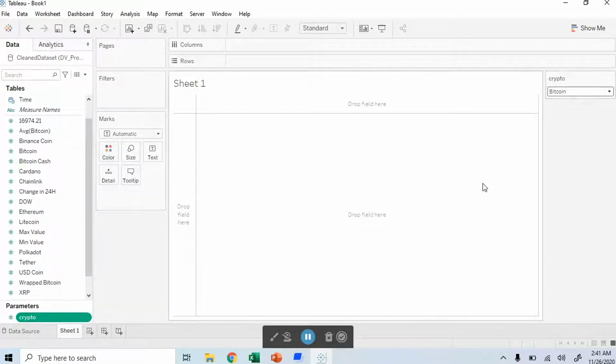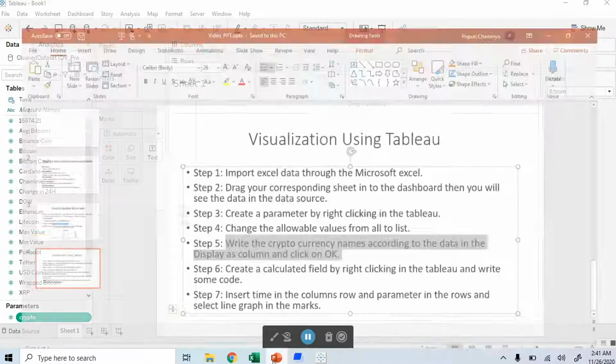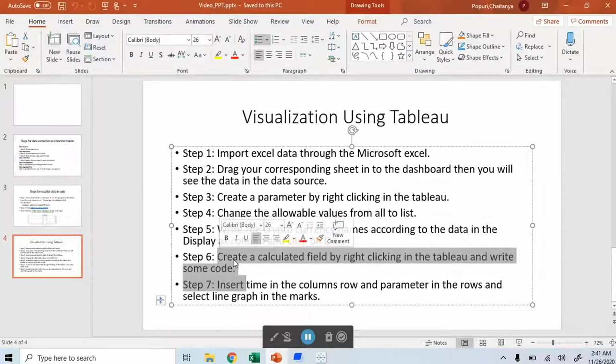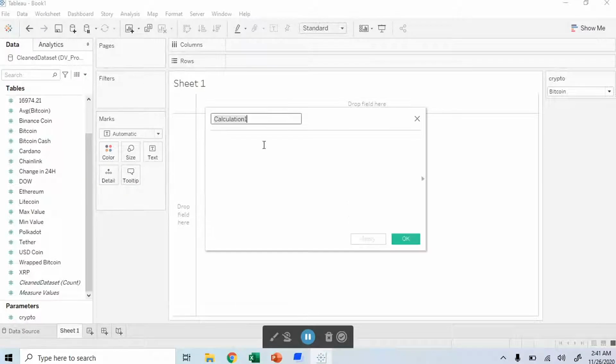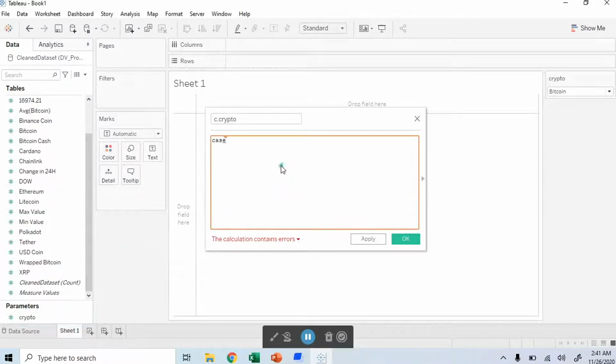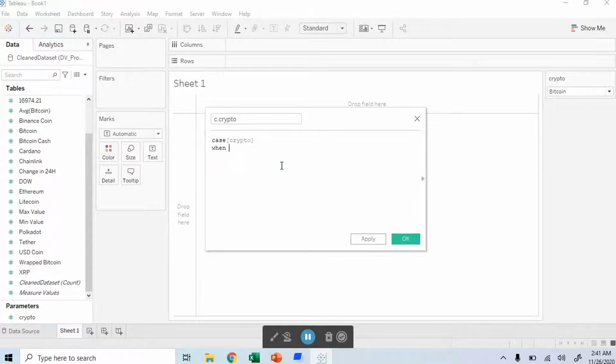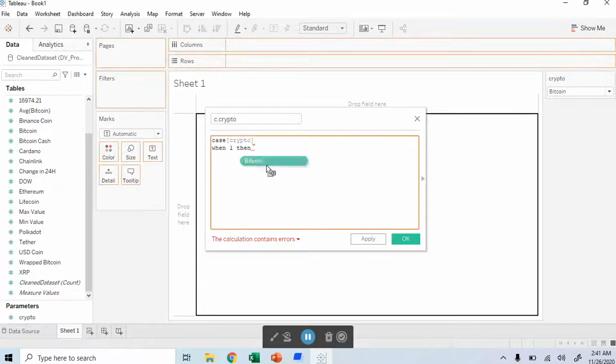Here we can do like this. And the next step is we need to create a calculated field by right clicking the same way. So create a calculated field like c.crypto, and we need to write some code. We need to drag crypto here. When 1, we need to display Bitcoin.